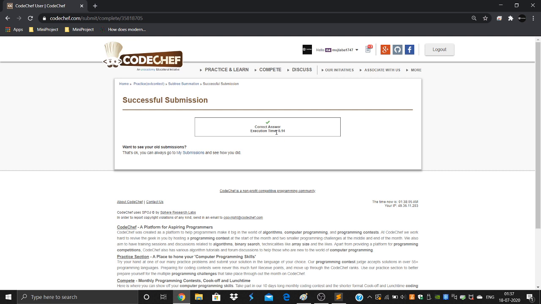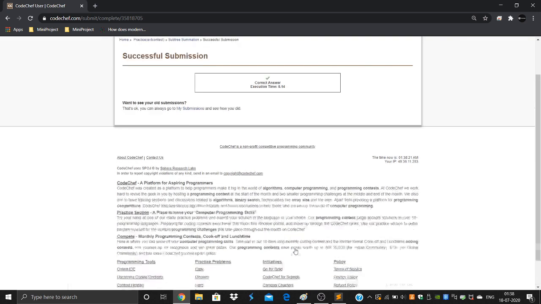It ran in 0.14 seconds, so that is very fast because we used a binary indexed tree, so it has good complexity. So we got a correct answer. So I think that is all about this question.